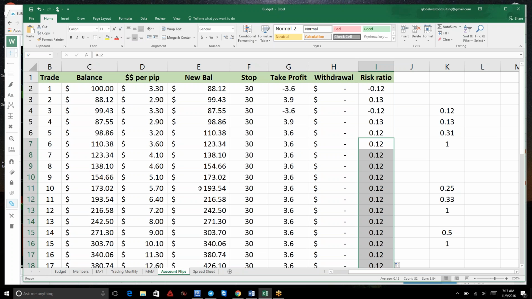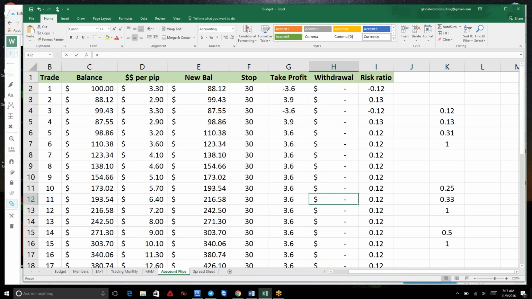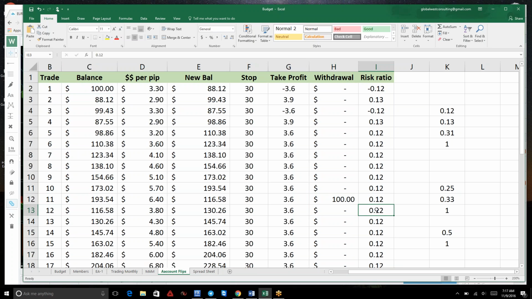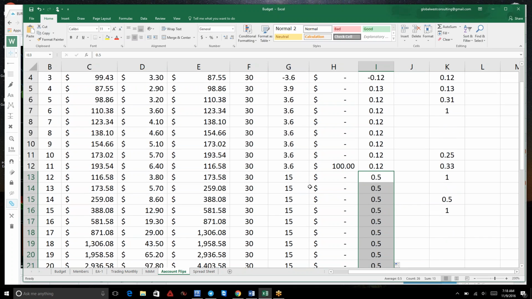So you'd be house money after this 11th trade. And then it doesn't withdraw it for you, but it no longer considers the $100. It won't let the trade go into that. So now you can set it to trade aggressive, where you can risk 50% per trade. This will be a setting you put in there once it's house money. What percent do you want it to risk then? And if it does however many more trades,